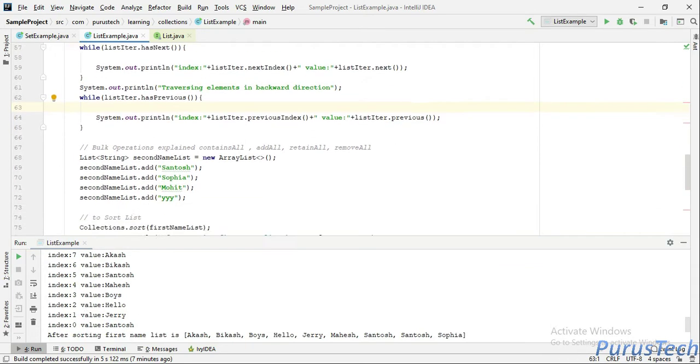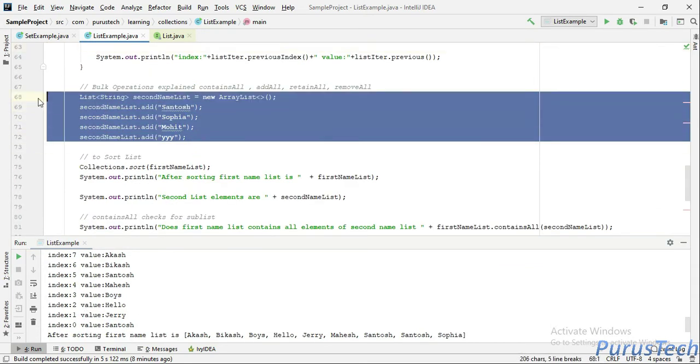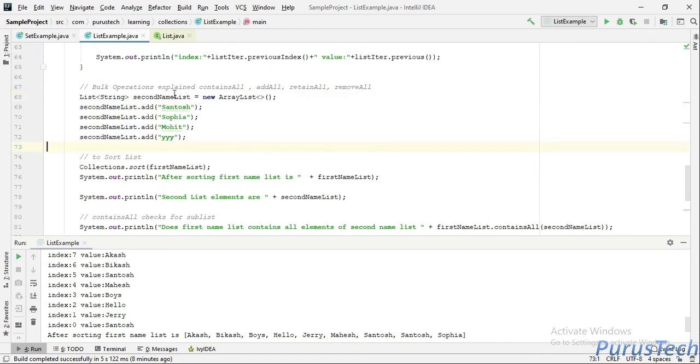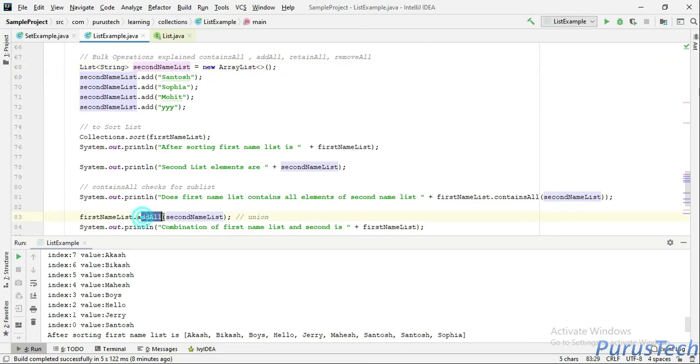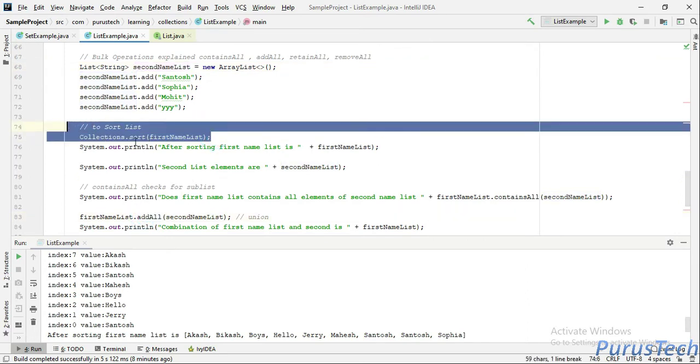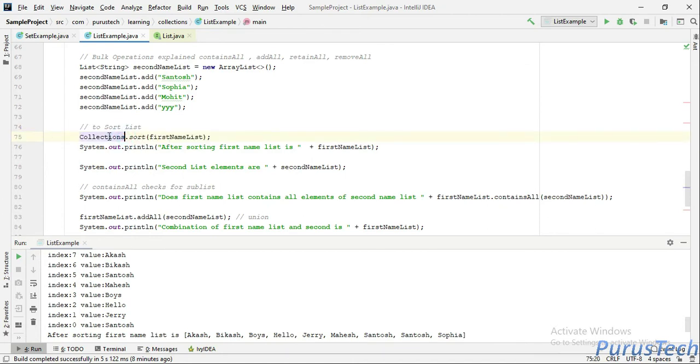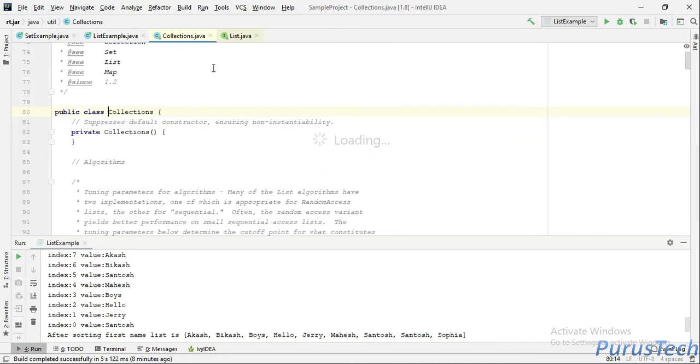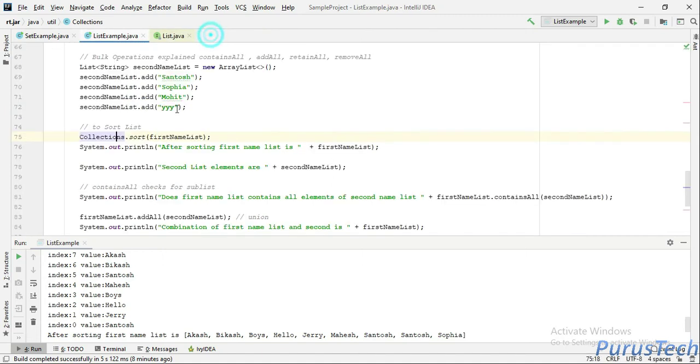Let's come down, and here I have defined one more list which I have utilized in the addAll method. I will come to it later, but before that, let's discuss the sort method in the Collections class. The Collections class is defined in the java.util package, and it is one of the most useful utility classes for the collection framework, with which we can manipulate the collection.